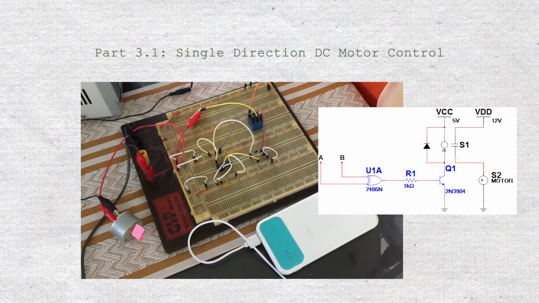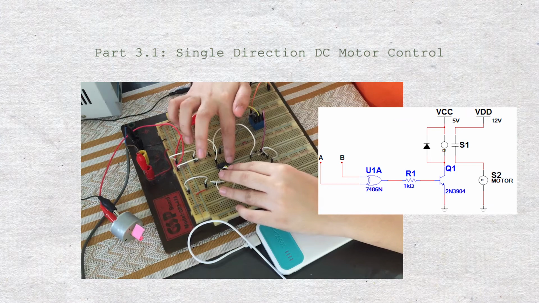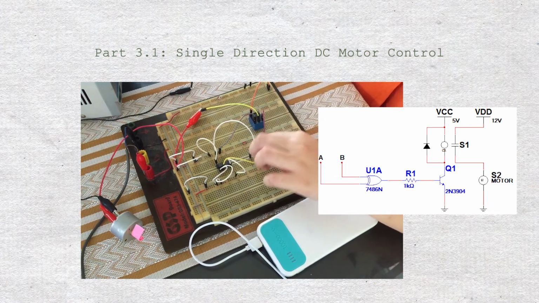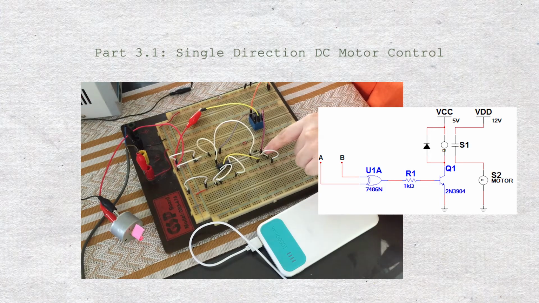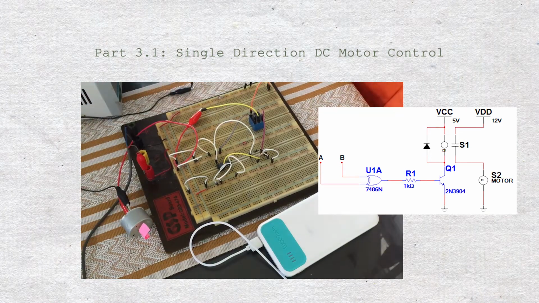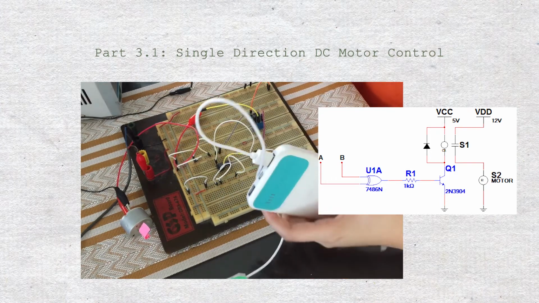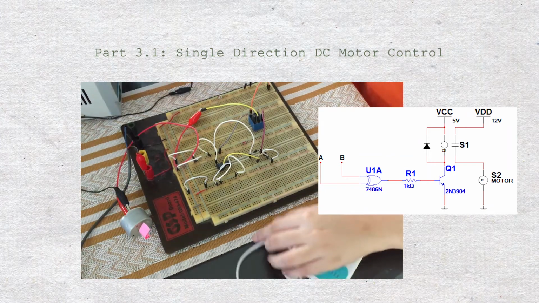For part 3.1, according to the schematic diagram, we use the 7486 IC, and its output is connected to a resistor, which is connected to a transistor. The output of the transistor is connected to a relay, and the relay is connected to the DC motor. For the DC motor, I used 12 volts supplied by the power supply. For the VCC, which is 5 volts, I used an improvised power bank by cutting a cord. So, according to the table,